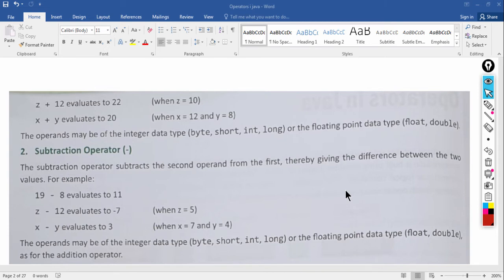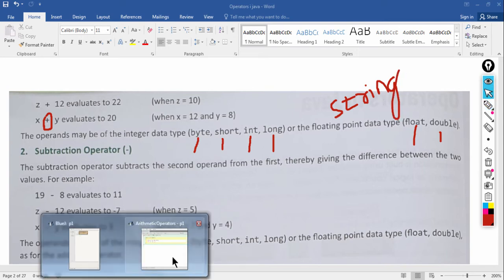And one more important point: when you use an arithmetic operator, the operands must be in the form of either byte or short or int or long. There are float and double also that you can use, and there is one more type, string. String can also be used with the plus operator. How? For example,